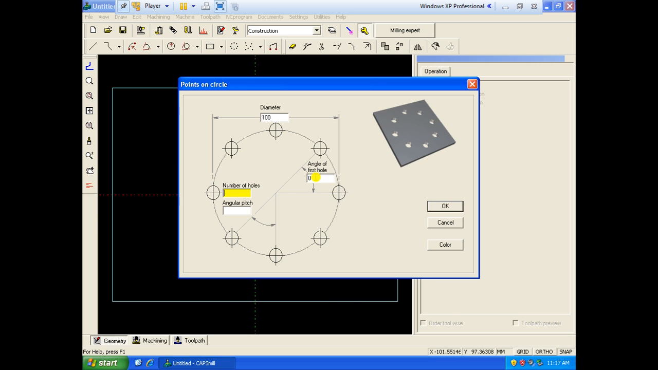Okay, let it be 0. And what is the number of holes? In the problem it is mentioned 8 holes. Okay, we need to draw 8 holes. And the angle of pitch, they have not mentioned anything. So the number of holes here is